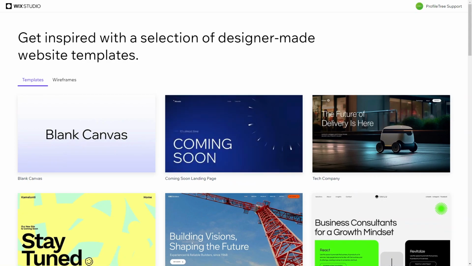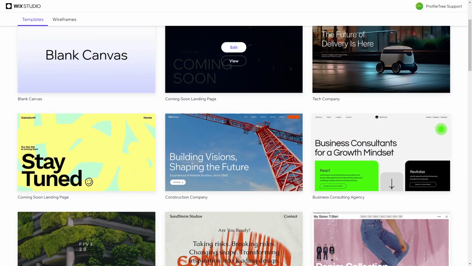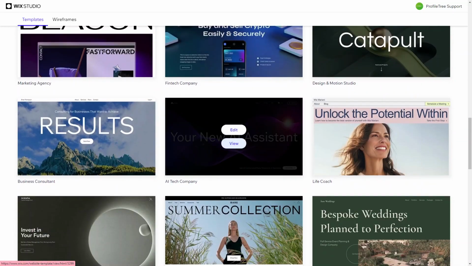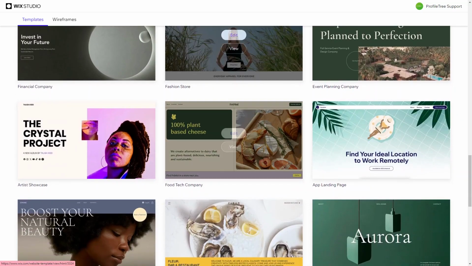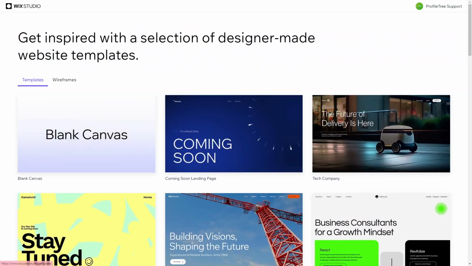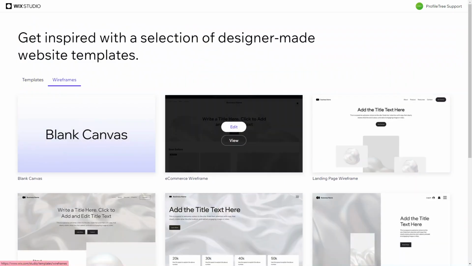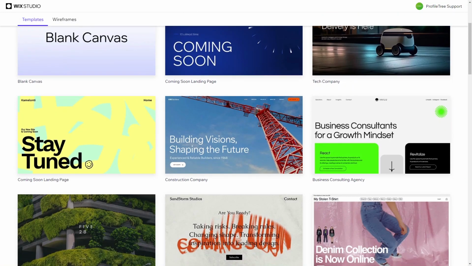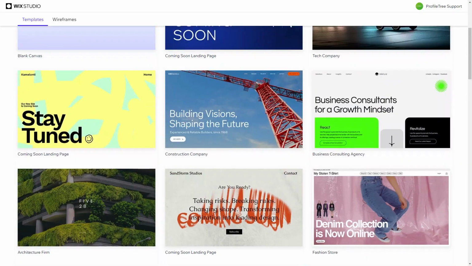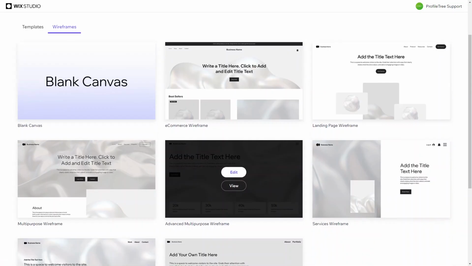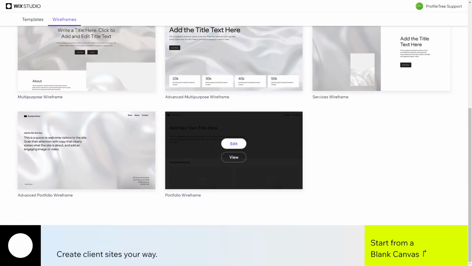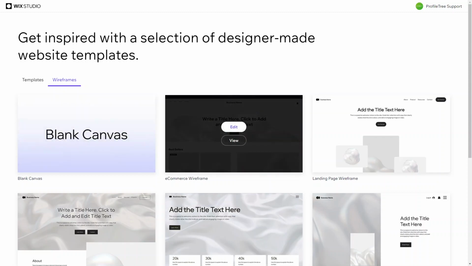So the process is very similar to using the editor. You'll get a showcase of a bunch of templates by Wix Studio. You can view them, you can edit them as you want, but essentially you would just go through each of them, and there's different versions. So you can have templates or you can have wireframes. So the templates are more themed. They'll have like images stayed over, font colors, all of that. And then with the wireframes, they'll just show the layout, and it's up to you to then add your own colors, themes, images, things like that. So we're going to use the wireframes